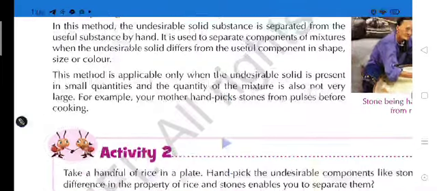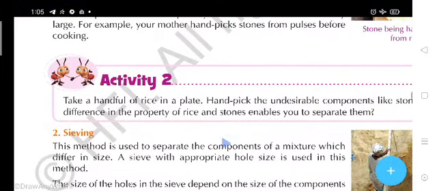After this hand picking method, there is an activity, students. Take a handful of rice in a plate and handpick the undesirable components like the stones. The difference in the properties of rice and stones enables you to separate them.